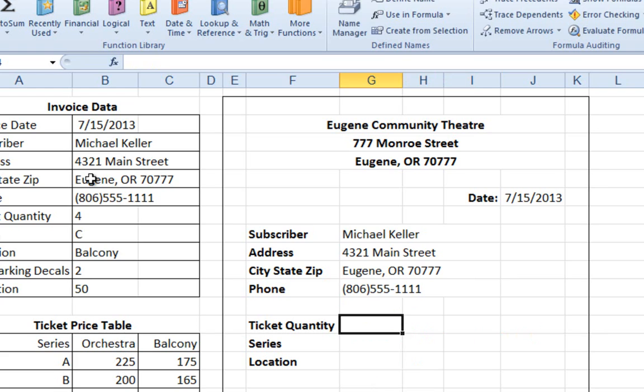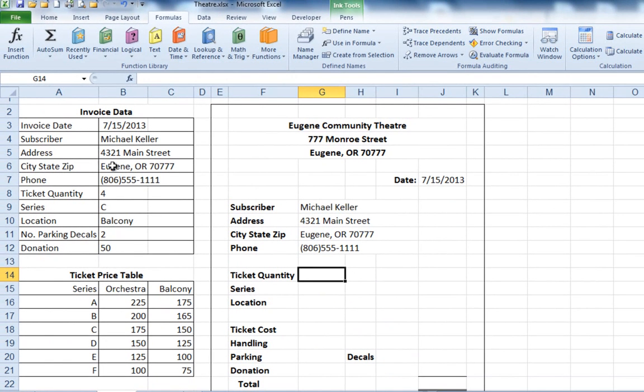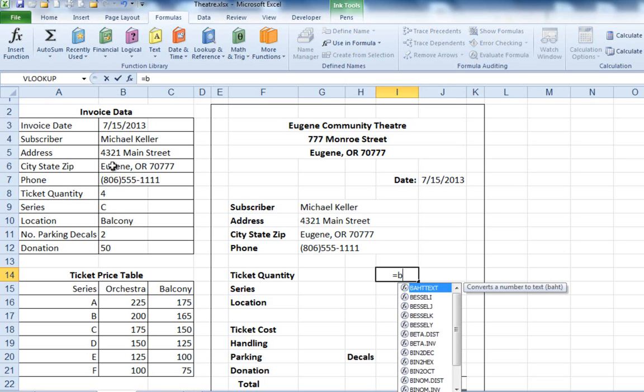Now let's move on to the ticket price. We've got all the information pulled from the invoice data over here, and we've got the phone and everything. So now we're going to work on the ticket price area. Let's put this over here in I14, and I'm going to press the equal sign. At this point, we want ticket quantity. If you type B8,